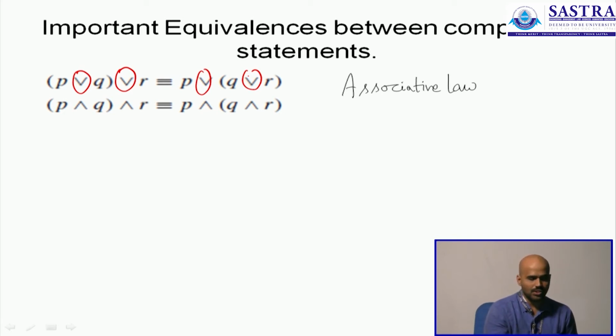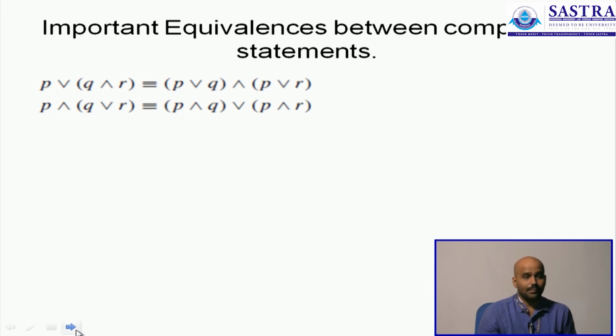This can also be extended to the conjunction between two statements. We are combining three statements in all, and P and Q is combined first and the result is combined with R. In other words, you do the combination of the first two followed by the third. That is what happens on the left. On the right, you combine the last two and then you go for the first. Still the answers do not change. This is what you refer to as the associative law.